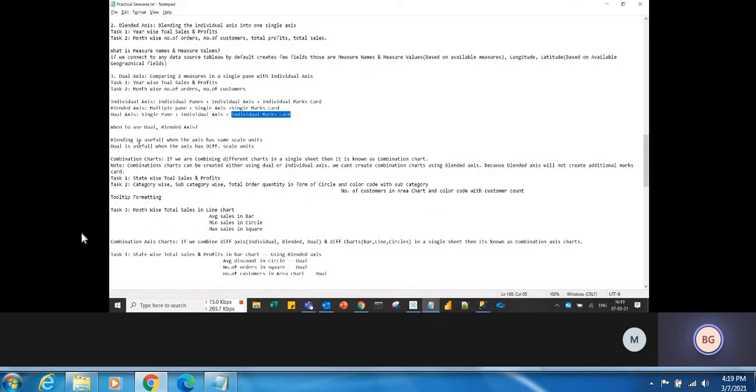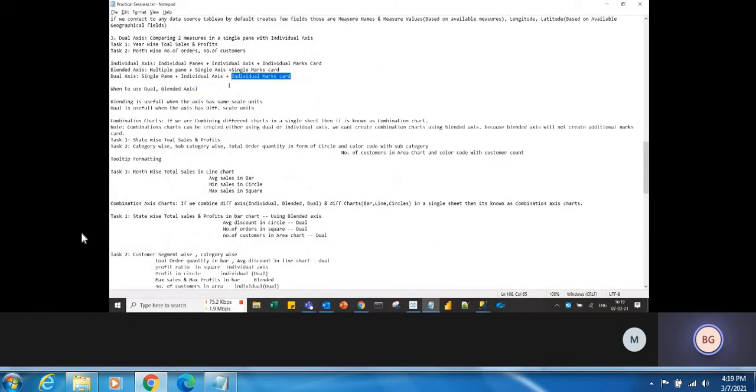So when to use dual axis and when to use blended axis? Okay, so blended axis is useful when the axis has the same scale units, but dual is useful when the axis has different scale units. Okay, so the units should be the same, like if it is in thousands or in percentages, right?